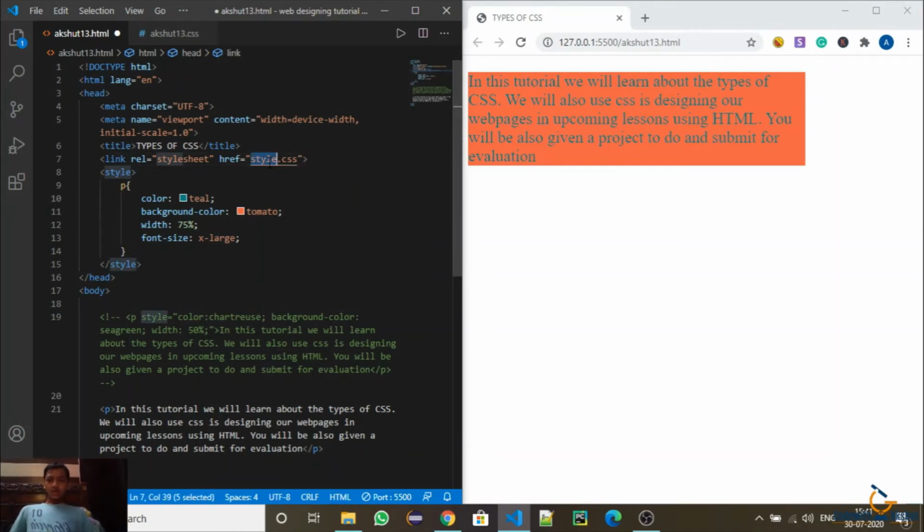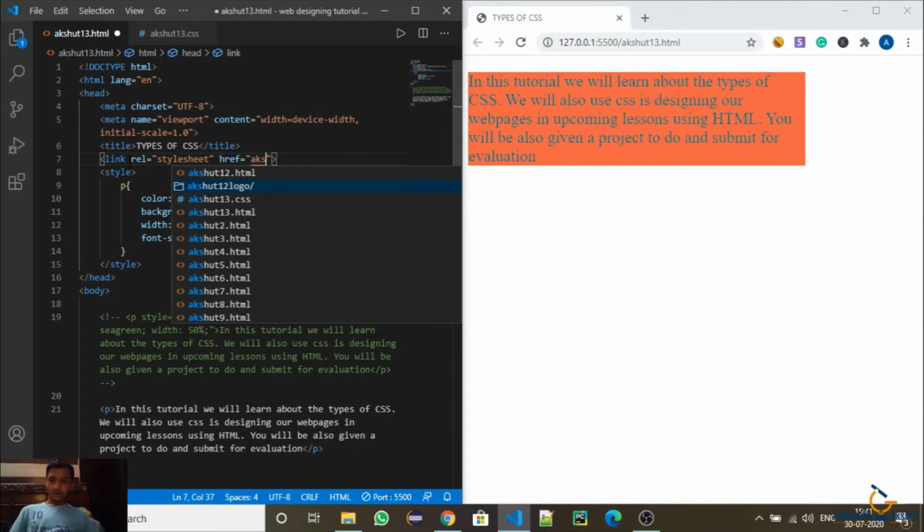The rel is the type of file. I want to link a CSS file, so I put a link tag, then the rel attribute, inside it I put stylesheet, then I put the href attribute, and in that I put the path of the file, which is akshat13.css.